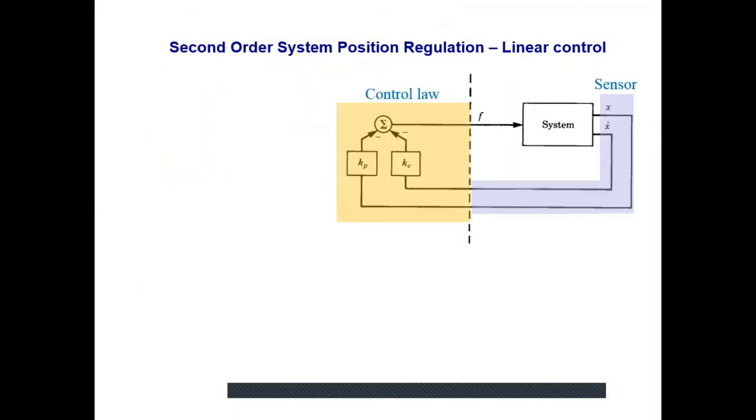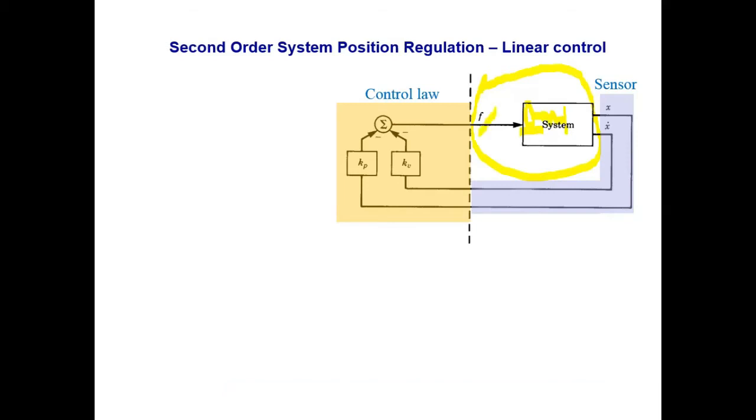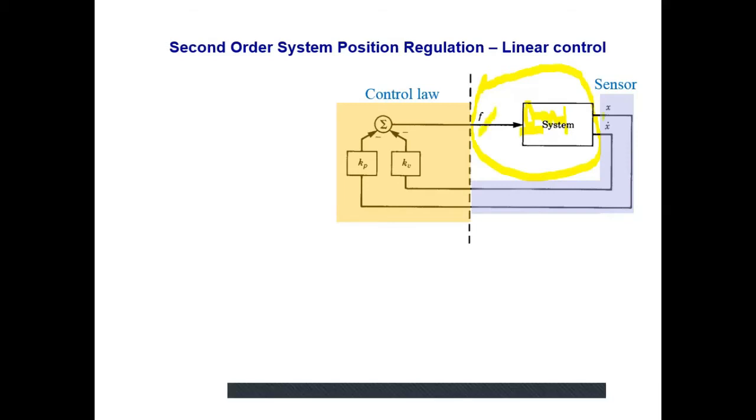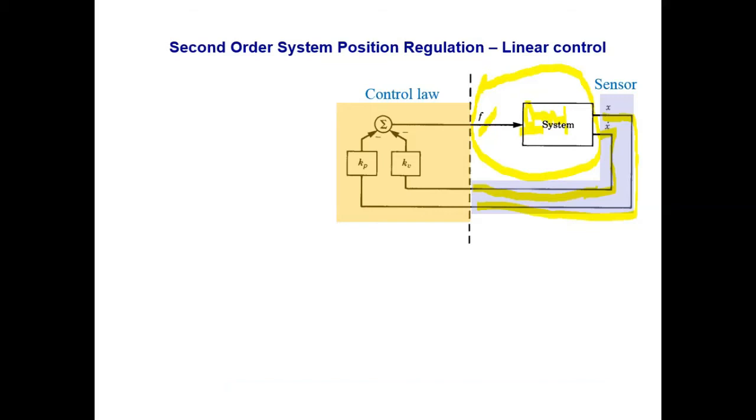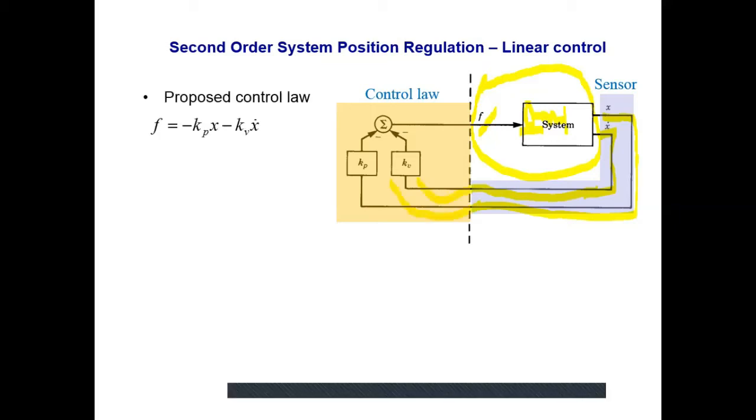So here we are given this situation where the system containing a spring, a mass, and some damping is subjected to an external force F. For feedback control, we need to measure the trajectory information, that means motion information. This information, along with the manipulator dynamics and the kinematics, is used in the control law. The proposed control law prescribes the force equal to minus Kp x minus Kv x dot.